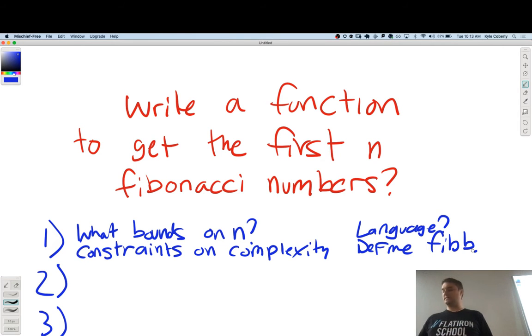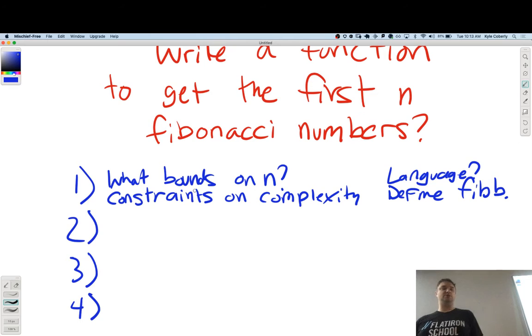So I'd probably move on to the second step at this point, which is the input-output table. We'll do this live, but give me some examples of things that would be good to have in this function.